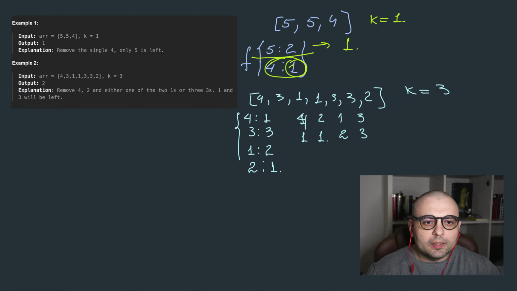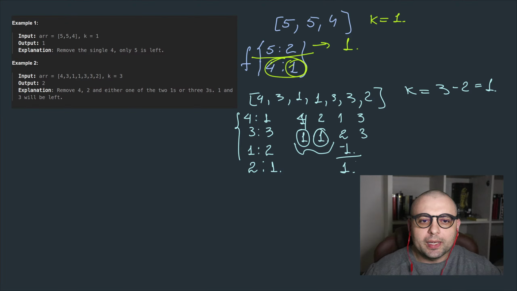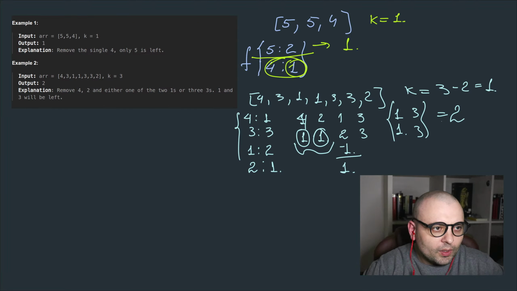We need to remove starting with this one. So can we remove it? Yes, we can. Can we remove this? Yeah, we can. Here we have 2 of them, but if we remove these 2, k minus 2 will remain 1, so we'll be able to remove only 1 out of this, so still 1 will be remaining. So the end result will have one 1 and three 3s. So I guess that will be the output 2. Okay,